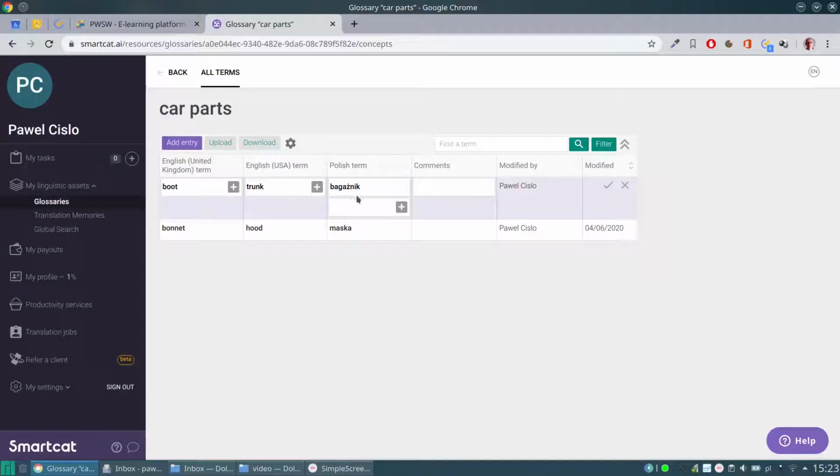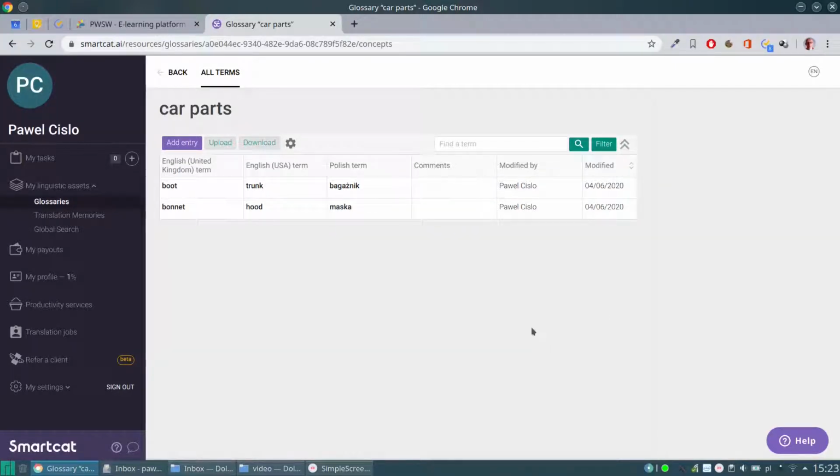Maybe you can have multiple translations. So let me just confirm that. Okay, and maybe something that has the same term in British and American English, like for example, steering wheel,